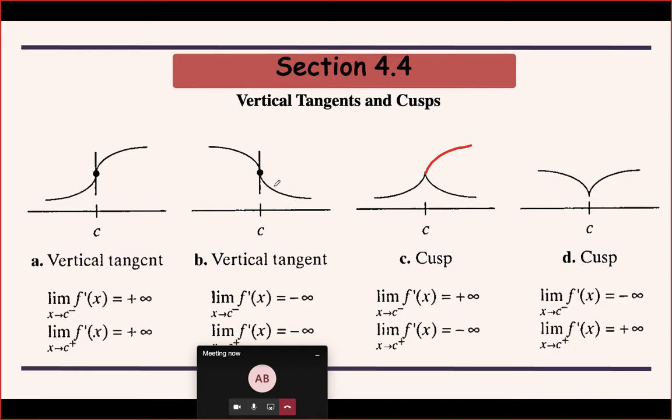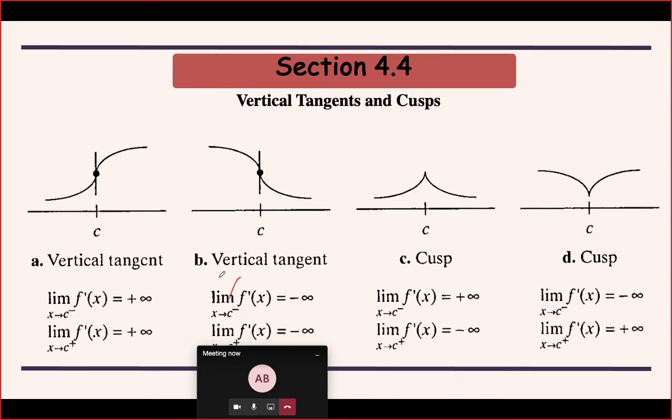Okay, so it is the same behavior, but the only thing which you have to remember is that in these two cases, if it is an increasing function, it remains increasing throughout, and if it is decreasing, it remains decreasing. Here the behavior changes from increasing to decreasing or from decreasing to increasing. So these are the four possibilities which you will get. This is not all possible types of cusps. There are some other types of cusps also, but for your syllabus, we are required to do only these four different shapes, and this is obtained by taking limits of the derivative of the function.